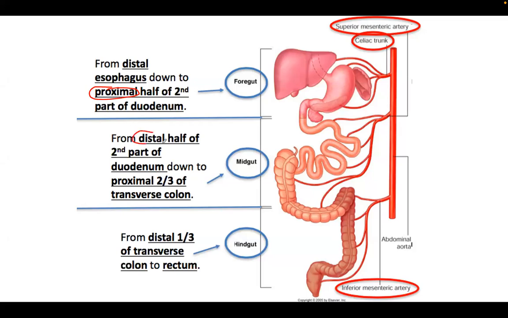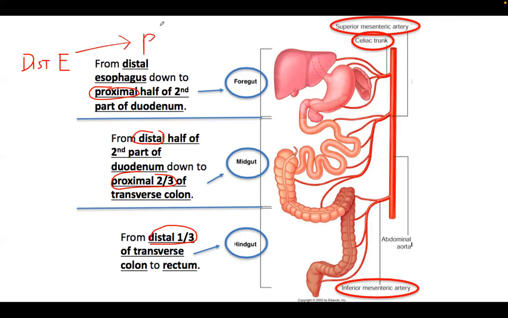From the distal half of the second part of the duodenum, going down to the proximal 2/3 of the transverse colon, that is the midgut. And from the distal 1/3 of the transverse colon going all the way to the rectum, that is the hindgut. So again, take note, distal esophagus,